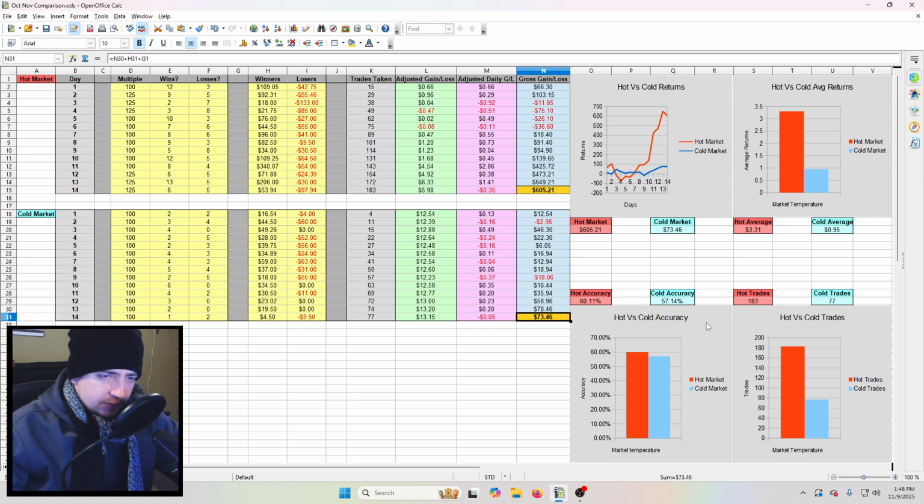So I have a bunch of different data that I've broken down into charts and bar graphs. I really want to show these points to drive home why these differences are here. So first of all, of course, we have the big discrepancy in returns. You can see just the general returns. I'm making way more in the hot markets than I am in the cold markets. But these other three data points really show why. So first off, in regards to average return, you can see I typically have about 3 times higher returns in a hot market than a cold market.